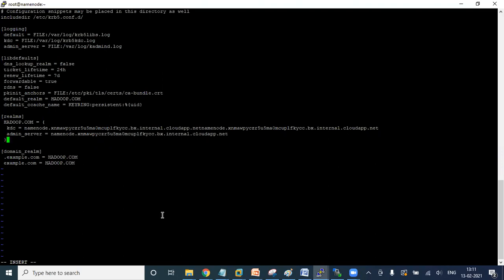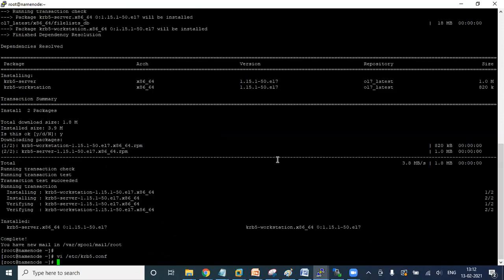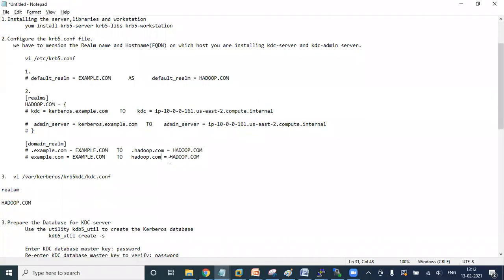So this is the configuration we have defined here in the krb5 configuration file, and the KDC entry is copied two times.